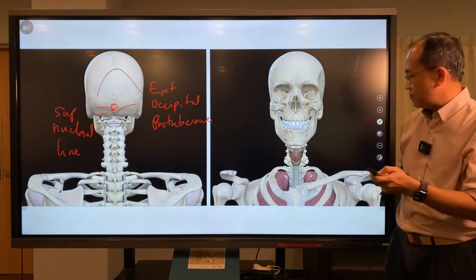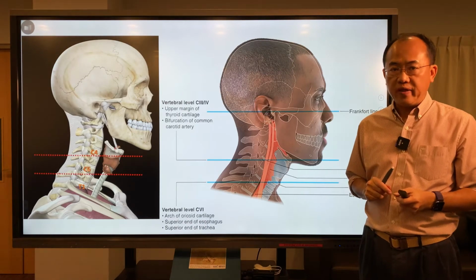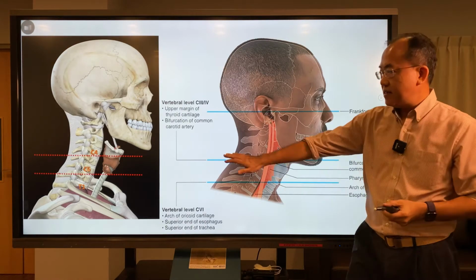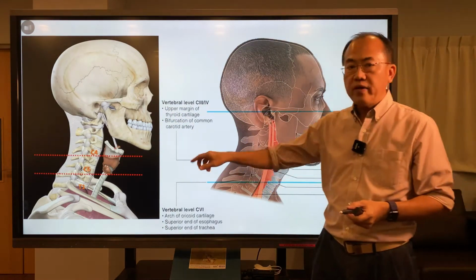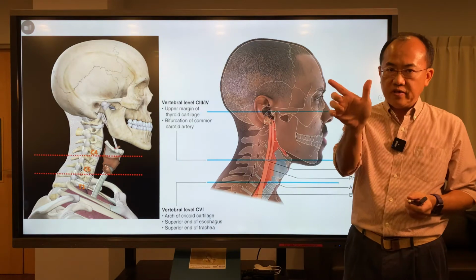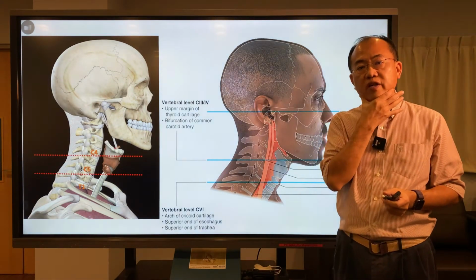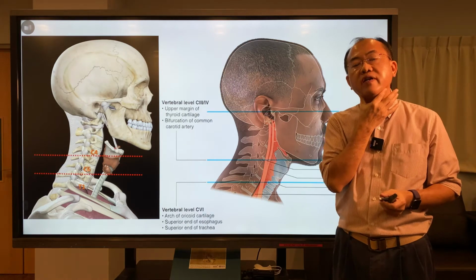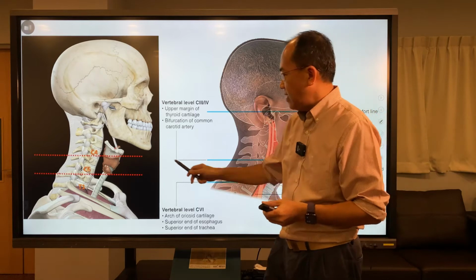Okay, good. For the neck, there are some landmarks that you have to be familiar with. This is a side view of the skeletal structures. We'll come to this later. I want you to do a small experiment. Use your thumb and index finger to locate the lower border of the mandible. Run your fingers just below the lower border of the mandible